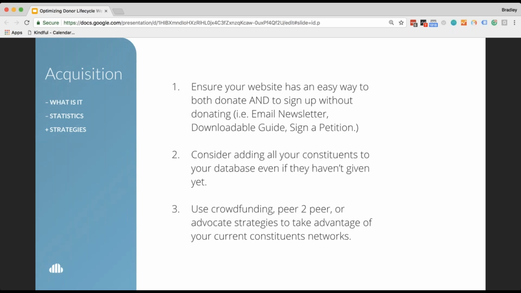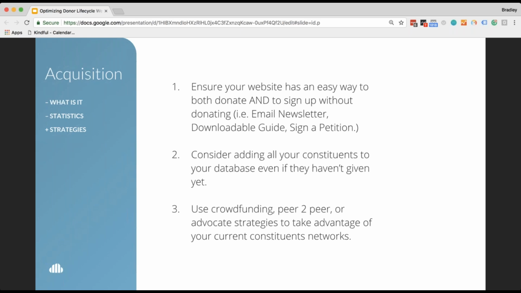Lastly, I would say use crowdfunding, peer-to-peer, or advocate strategies to take advantage of your current constituents' networks. We all know the power of social media. We all know how much things go viral, and we've seen numerous cases of how things have gone viral. I wouldn't have an expectation that you're ever going to create a campaign that's going to go incredibly viral, but